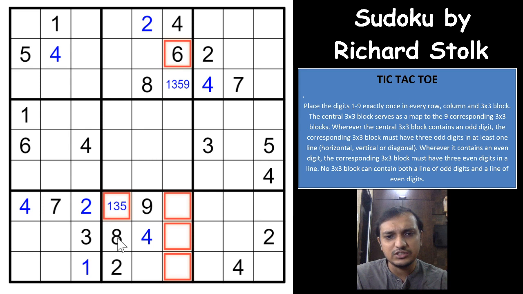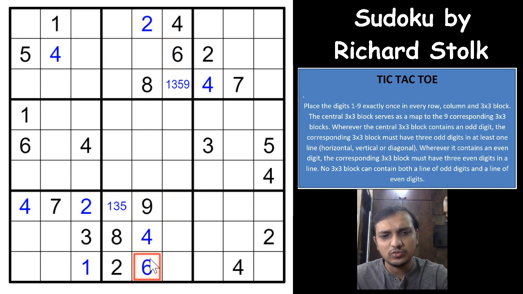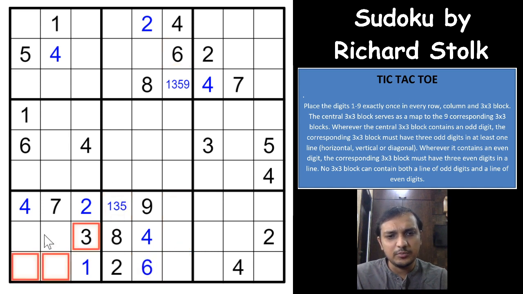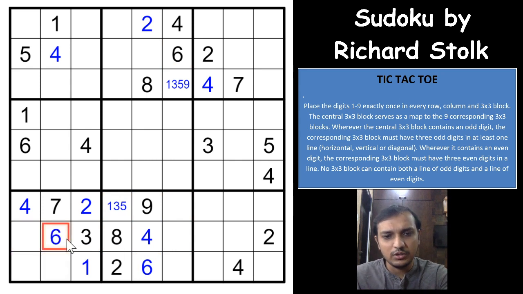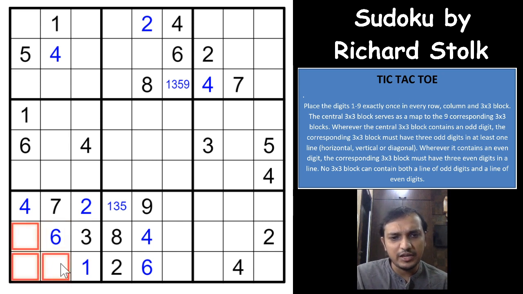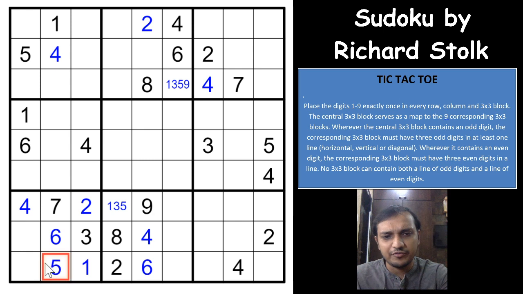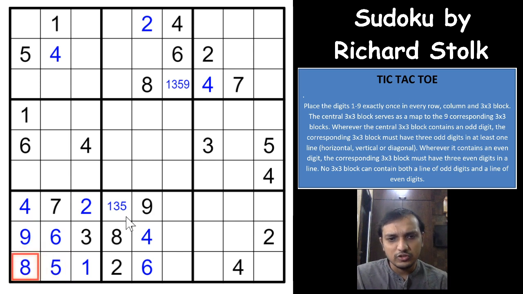You cannot have an even digit here because of these 3 straight lines. So 6 would have to be here. That eliminates 6 from these cells. So you will have a 6 here. Sorry, again the same mistake I am making here. You will have a 6 here, and you have 3 more digits, 5, 8 and 9. So because of this 5, you get a 5 here, a 9 here and an 8 here. So this was the very good start logic here. You can never have 3 even digits in a straight line, and that is the excellent start logic here.